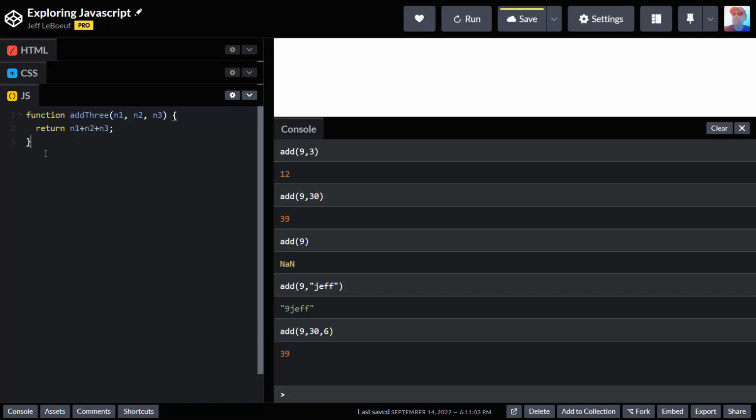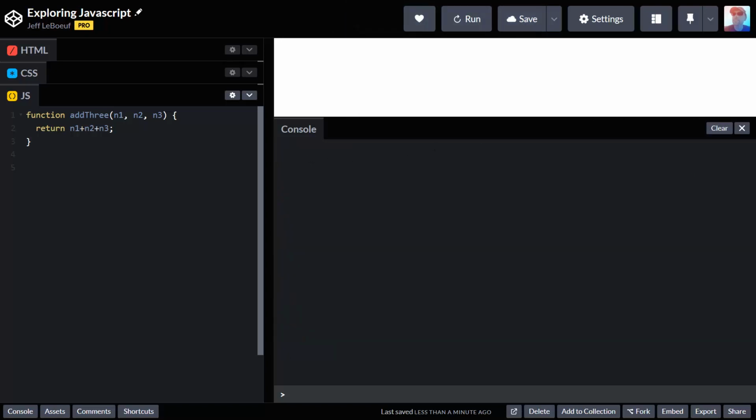Okay, so finally, I think it's time to create a function that can be called from the browser instead of from just the console. So let's save this and clear the console. Let's create a function that says hello. We'll call this say hi, and we will just put your name in here like that, and we'll create a variable called name as a parameter for the function. And what we'll do now is we'll write console.log,